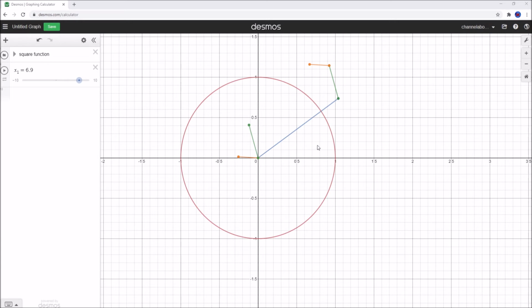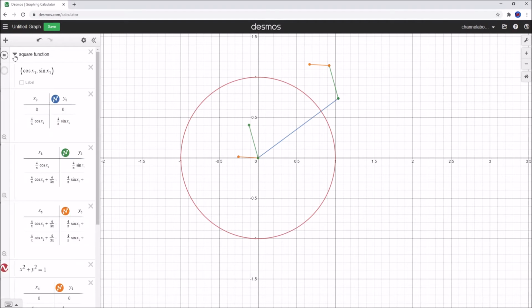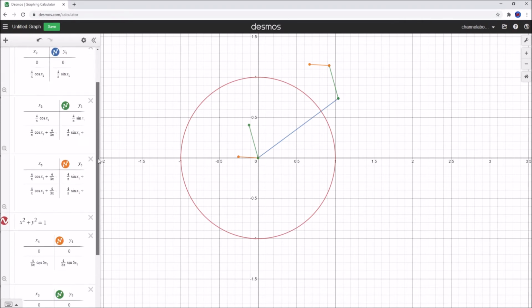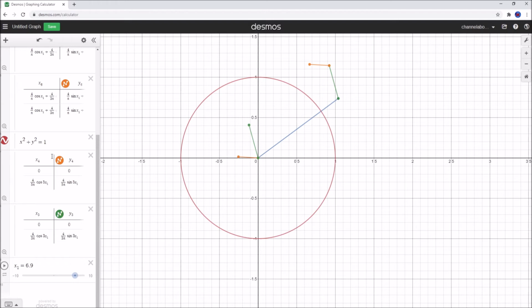You can see that the red circle here has got the wrong diameter. It should have the diameter which is this blue line here. So let's go in and we'll find the circle. Now the red circle was given by the very first equation we put in, which was our x squared plus y squared equals 1. Now it's no longer equal to 1, it's equal to this length here. Now what is this length here? Well, just by Pythagoras, it's going to be the x squared distance of this point